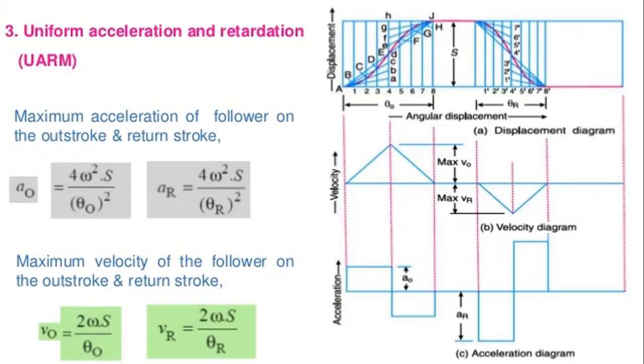For the outstroke, we need to divide these lines. In this picture, they have been divided into a total of 8 equal parts. So if the given outstroke angle is 60 degrees, the 60 degrees have been divided into 8 equal parts. Taking the scale, 1 centimeter is equal to 10 degrees. In total, 60 degrees is equal to 6 centimeters, that is 60 mm. So these 60 mm have been divided into 8 equal parts approximately.